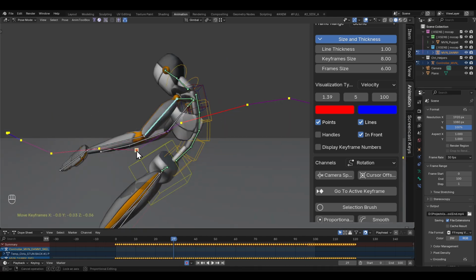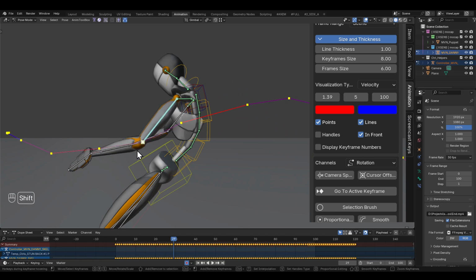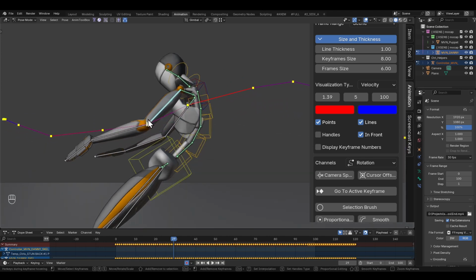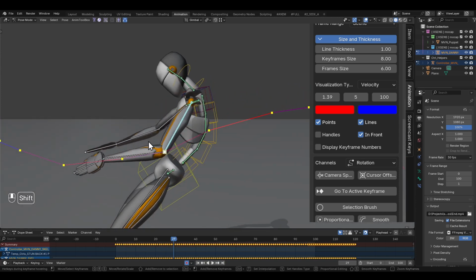As you can see, when the points extend to the bone length, they will eventually snap back into the tip of the bone. This will preserve the bone's actual rotation path.